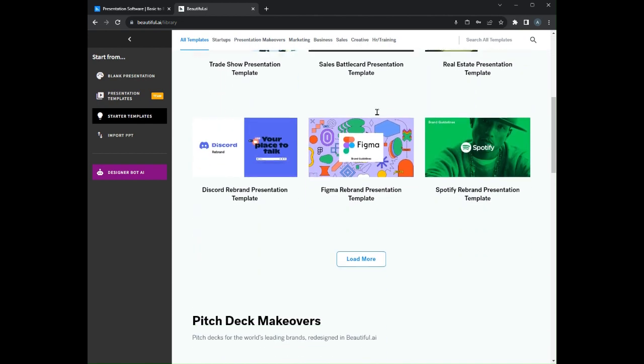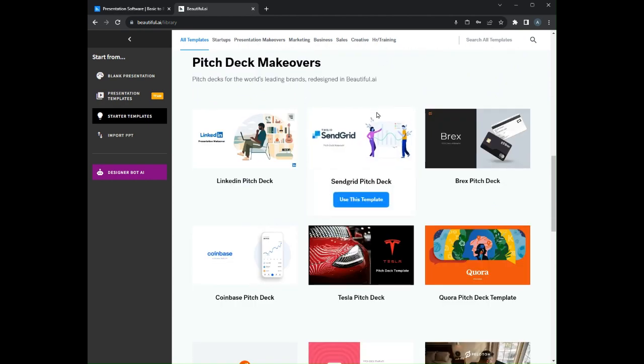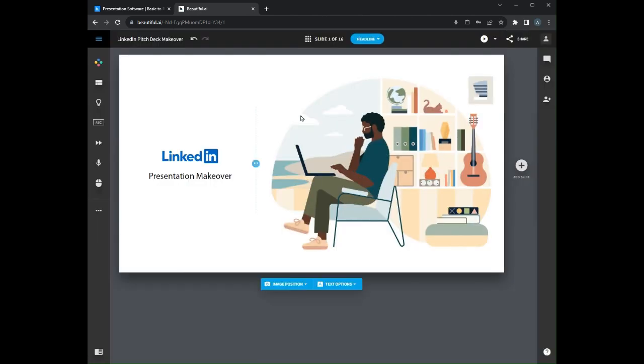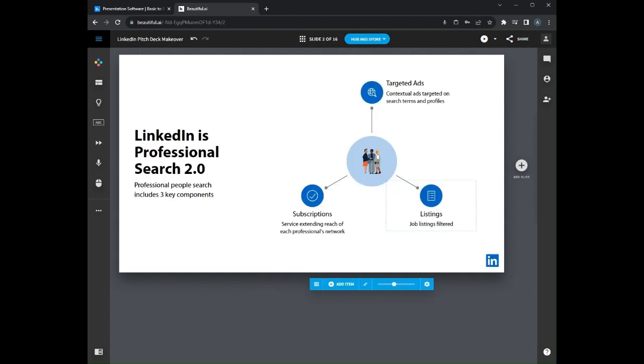So, I'm going to just select one of the templates from here and we'll go through that and see the quality of the template and how they've used the elements that Beautiful AI provides. So this is what they've generated from the template. So as you can see, there's 16 slides in this template, and we'll just quickly go through them. This template highlights the different elements and design options available and gives a good starting point to create a good